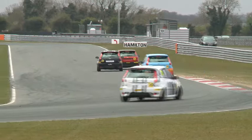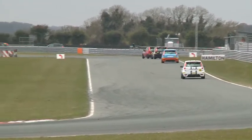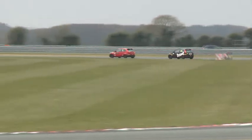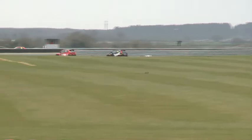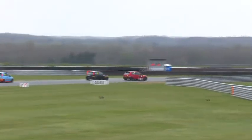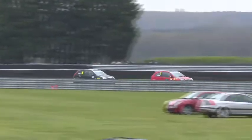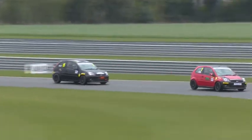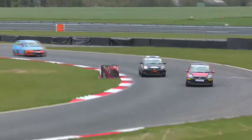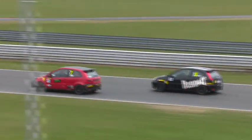I think I was maligning the car earlier on. He was certainly a way back down the order, but he's come right the way through and manages to pass the number 15 car to move up into 5th position. So this is excellent progress being made by Cameron. He started 9th on the grid. So the Guildford racer heading Sikander, who comes from Rotherham, but runs a little bit wide, so a little bit of a mistake there,